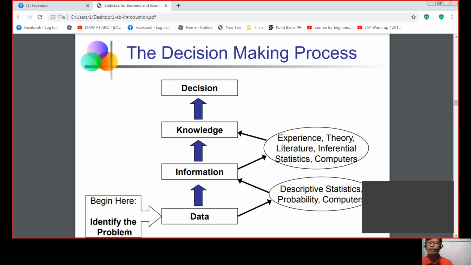Okay, now from this data, I think you know that you have the right decision. You made the right decision because you have gathered data, you got the information you need, you got the knowledge, and of course you studied the information given for you to come up with a decision that you want. Okay, so this is the decision-making process. Okay, next,